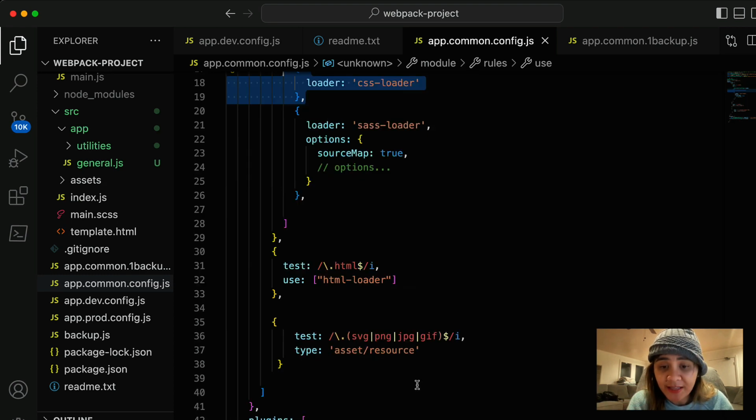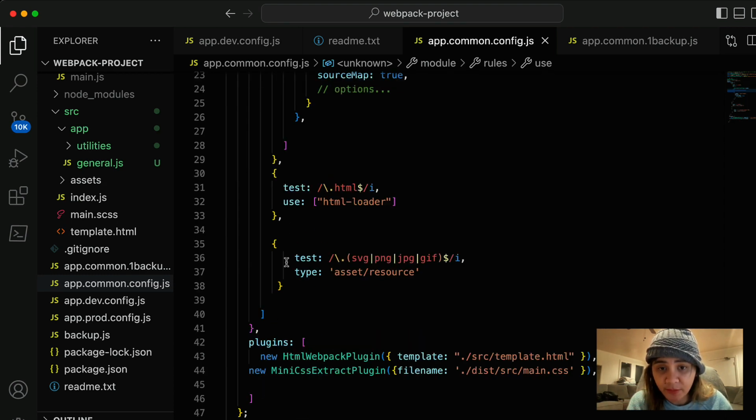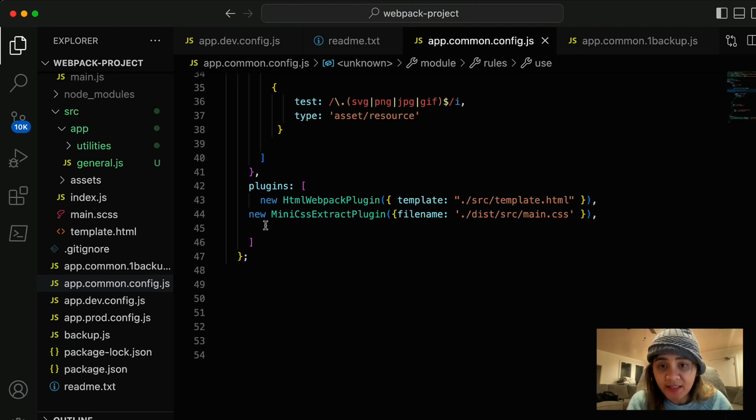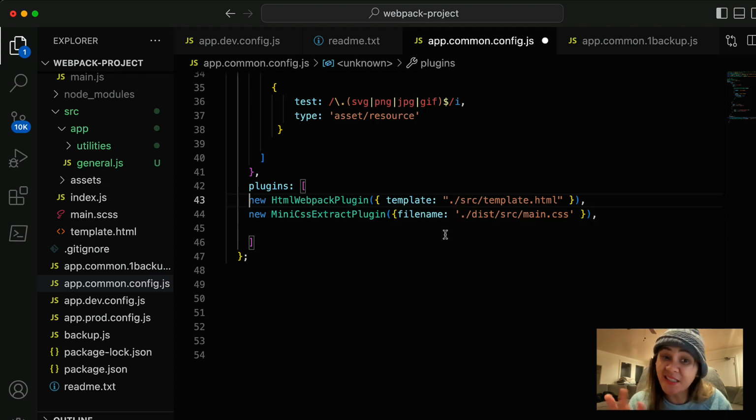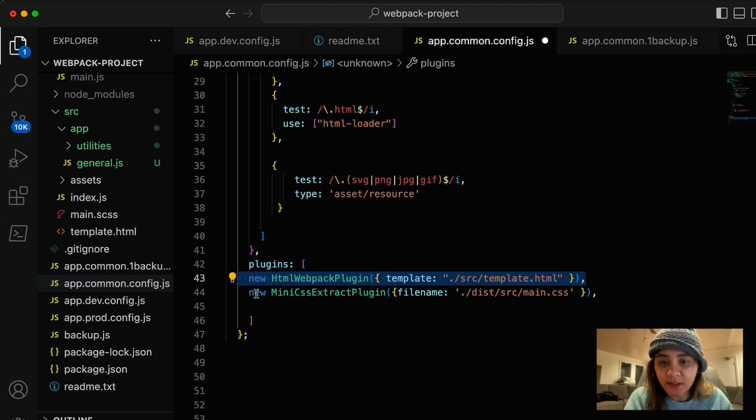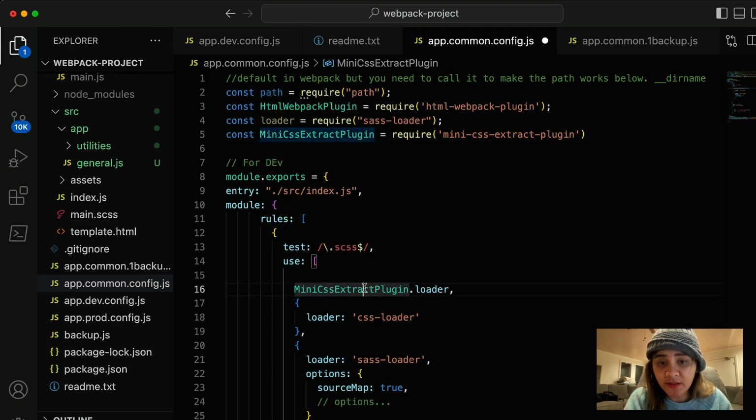Now, on the last part, this is my HTML loader. So in my last part, I have two plugins. This plugin, HTML Webpack plugin, is from the freeCodeCamp tutorial, but this will make your HTML dynamic, so you won't have to hard code it. But yeah, so you need to declare this plugin, mini CSS extract plugin, which is this one and this one,